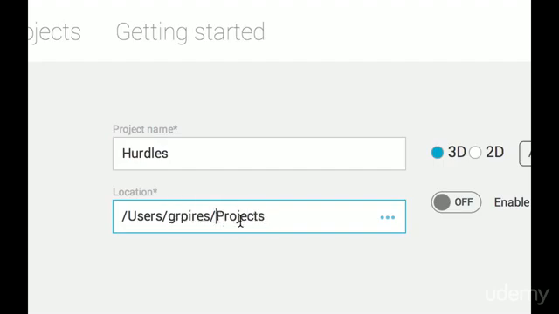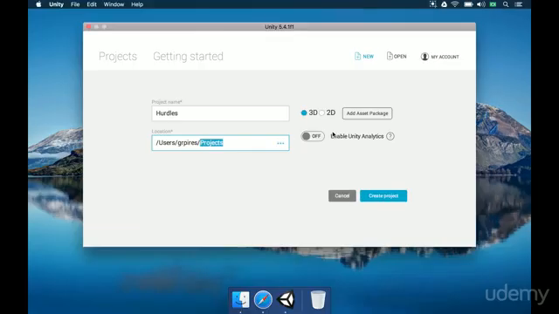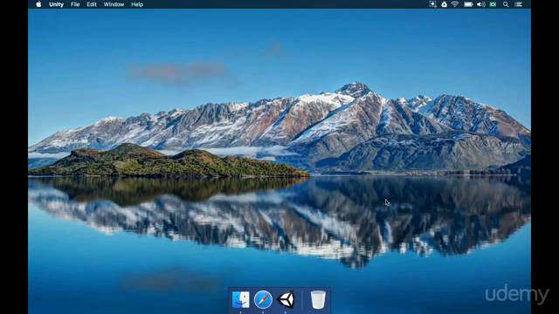your home folder. If you want, you can make a folder like workspaces or game projects, but I like to use a projects one. The important thing here is that you don't mix your projects with your documents, images, or in the desktop folder. Let's use this folder. As for the rendering mode, we're going to leave 3D enabled, and the Unity Analytics can be left as off. And after all of these settings are in place, we're going to click Create Project and wait for Unity to